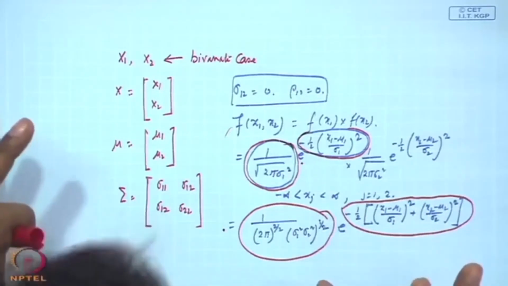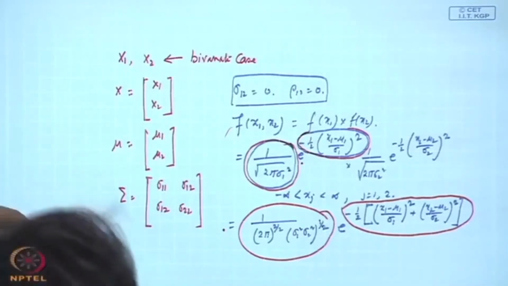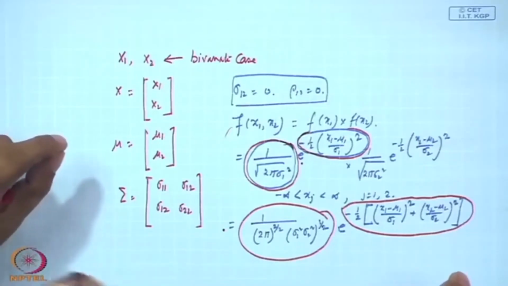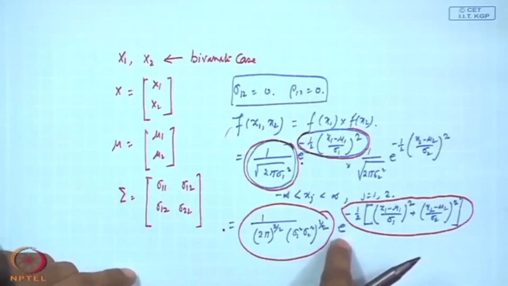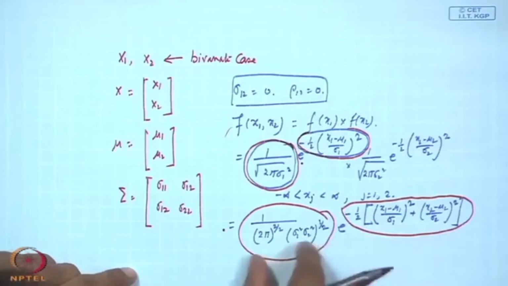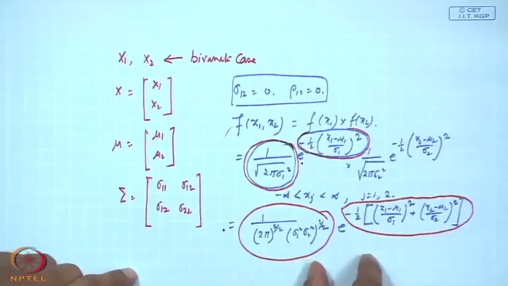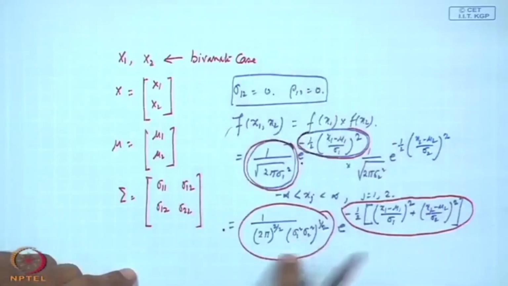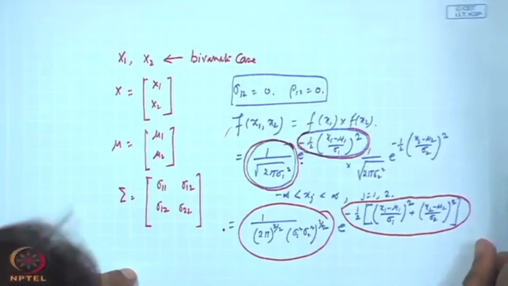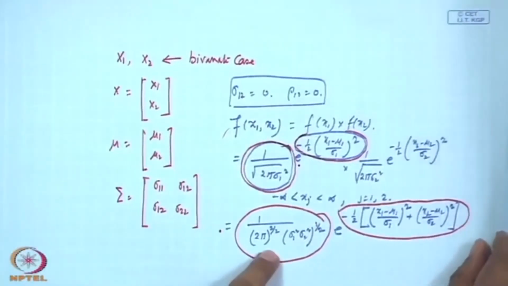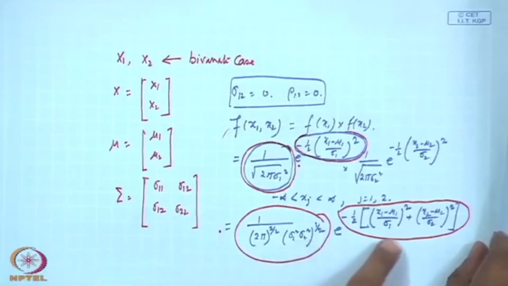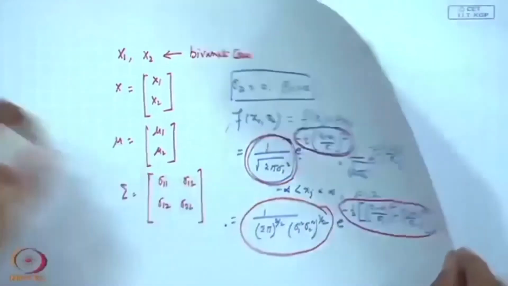The general structure for the multivariate normal distribution and the univariate remains the same. What is the difference? The difference will come in the components; the values will be different. So, we found out that if x1 and x2 are independent, then our structure is like this. Okay. Now, let us see that we want to derive this constant part as well as the exponent part